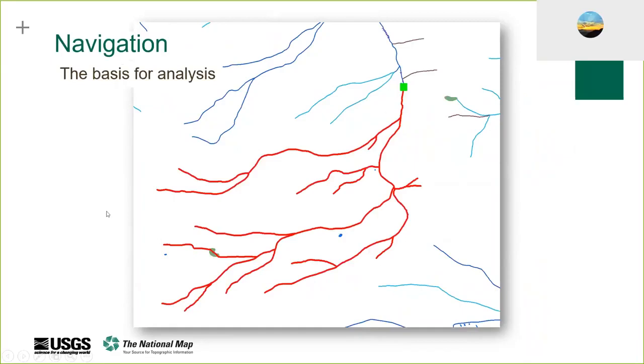Really kind of underlying all of this is the ability to do navigation on the stream network. Traditionally, we've enabled this function in the GIS desktop using the Esri geometric network. I'll do just a quick little sidebar here. I don't want to spend a lot of time on it, but the geometric network does not work in